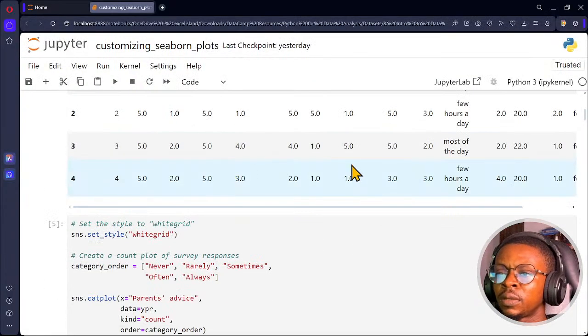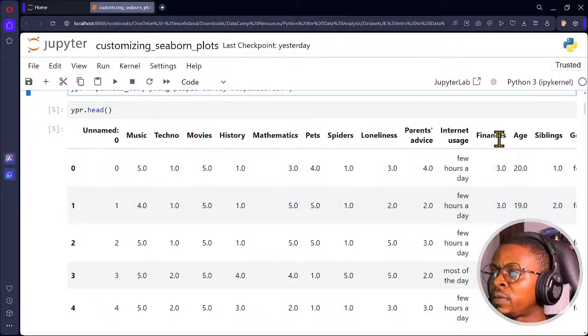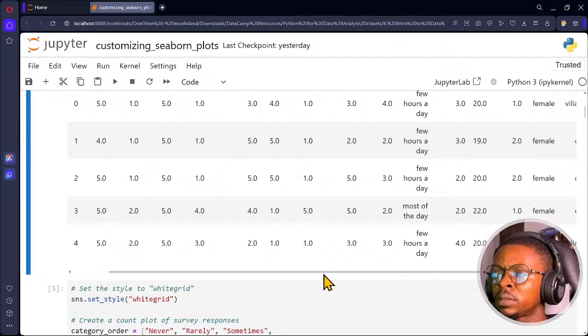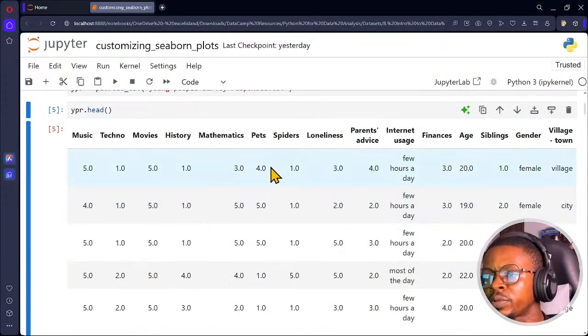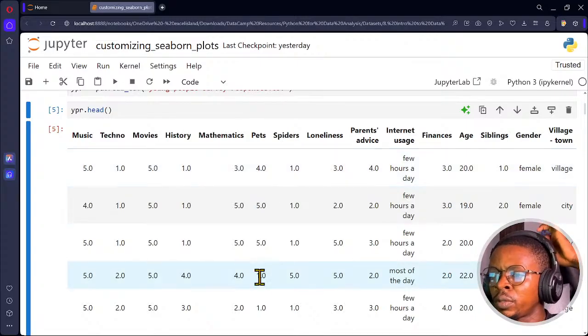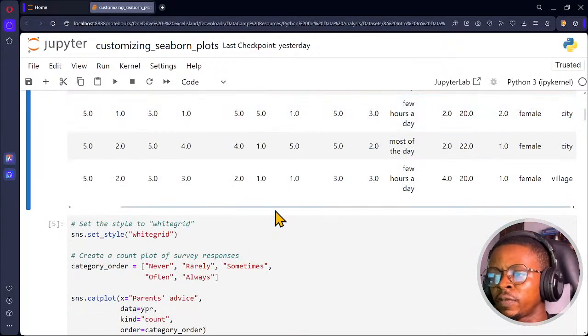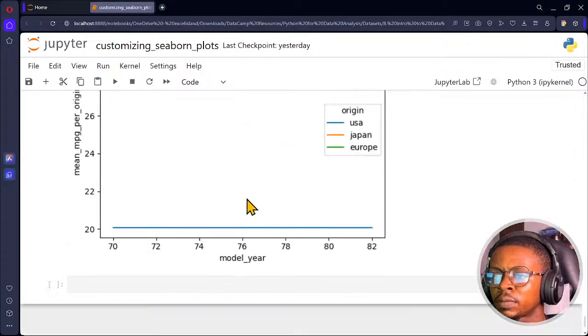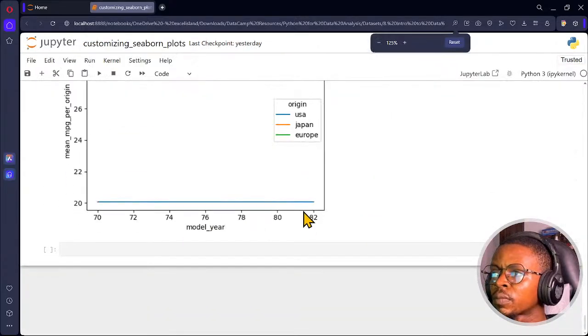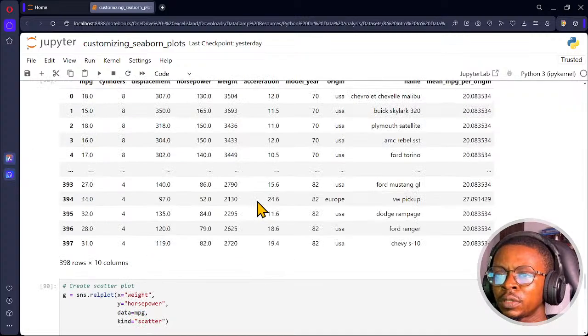This is the dataset. Are you interested in having pets? Let's see pets. Okay, it's just yes or no here, but the response is 4.0, either 1, which is no, 5, and so on and so forth. Let's see. You just see it here